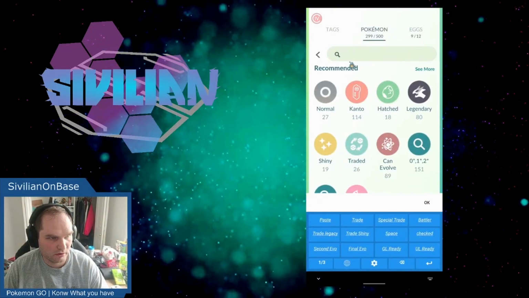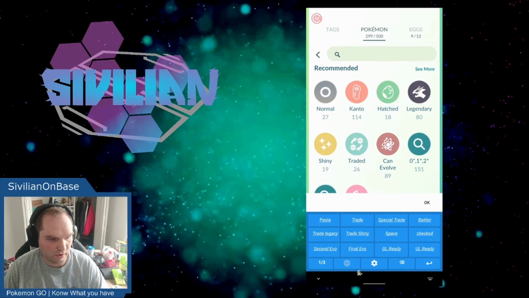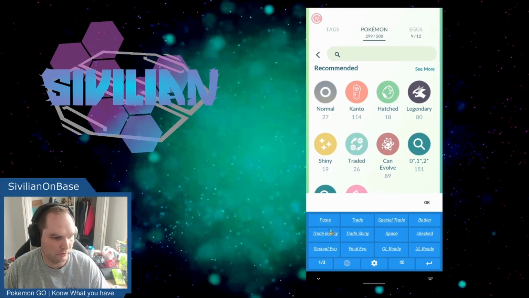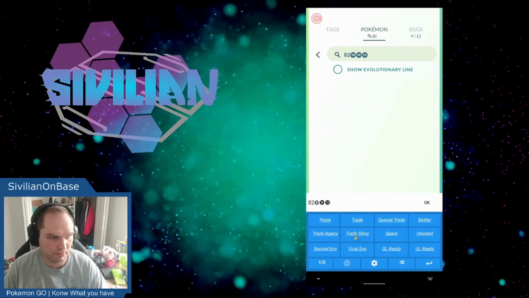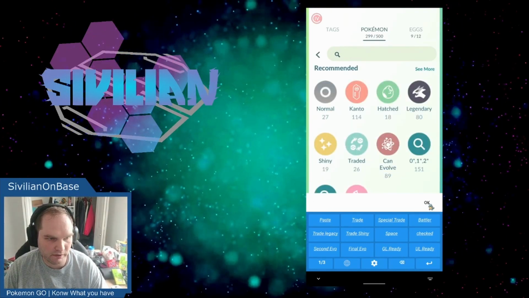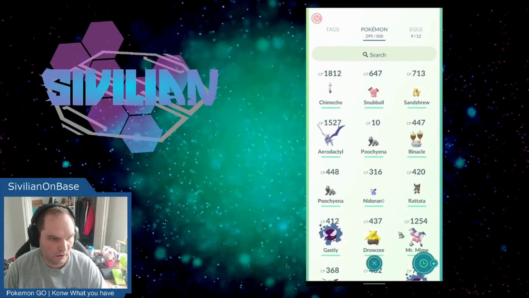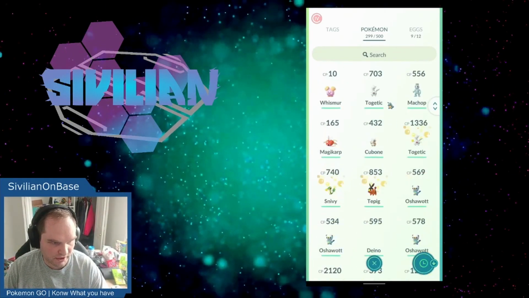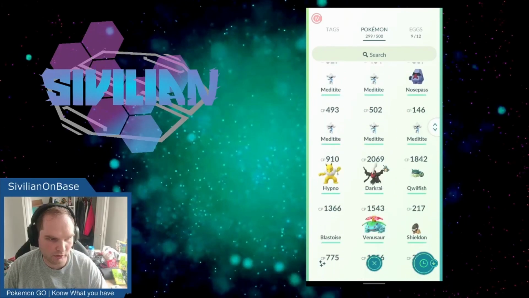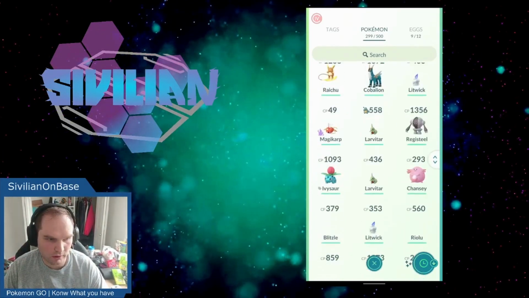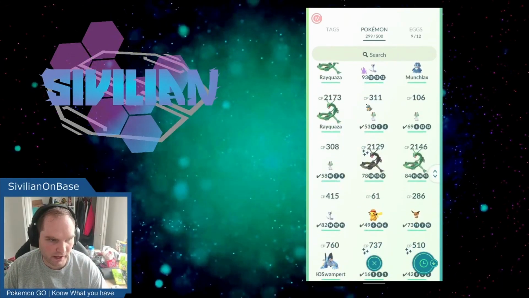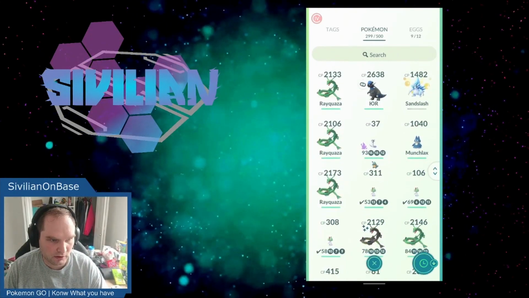So this is what my version of keyboard looks like, and I have the paste function right up here. It just pastes whatever's in the clipboard history. As you can see, there's a decent amount of Pokemon in here that have not been sorted or IV checked at all. And then I have some down here that have,